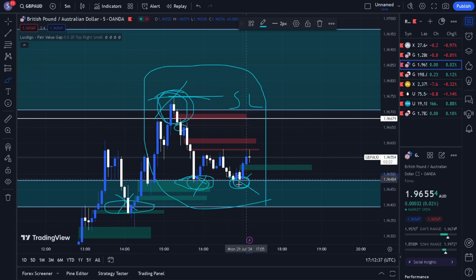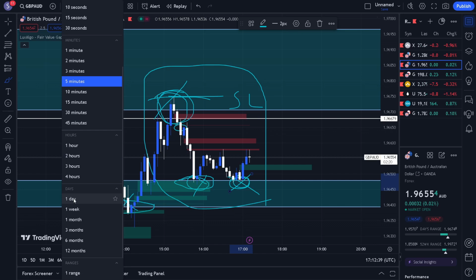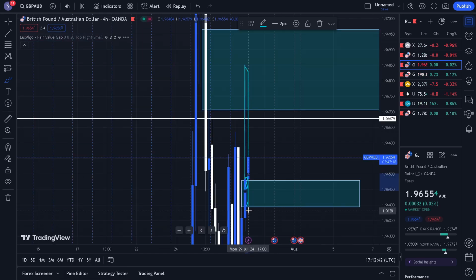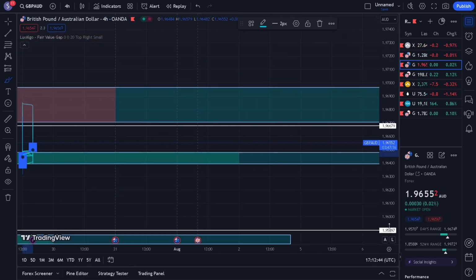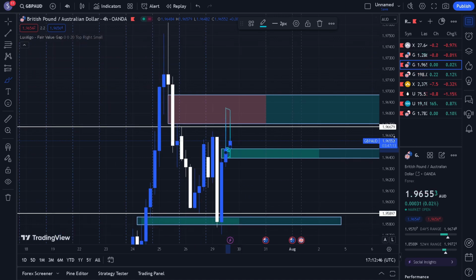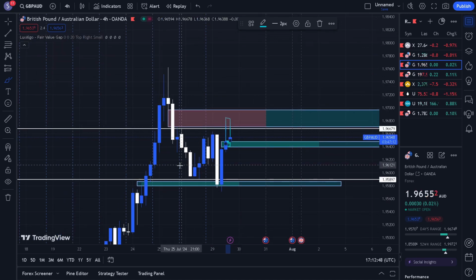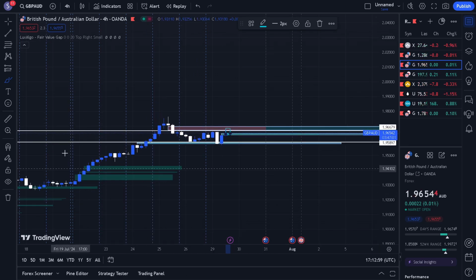So to know this, we have to first go to a 4 hour time frame and see what the daily bias is. The daily bias is pretty much non-conventional. That means the price is basically retaining between these two fair value gaps for the last hour. But if you look overall, it is in